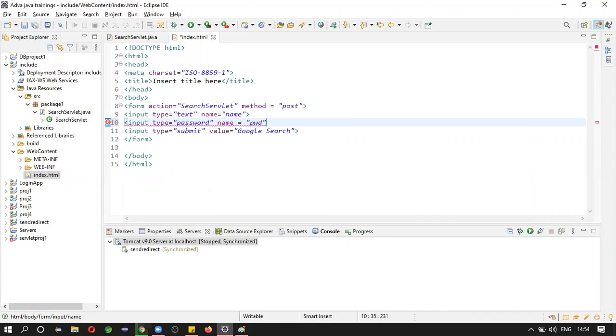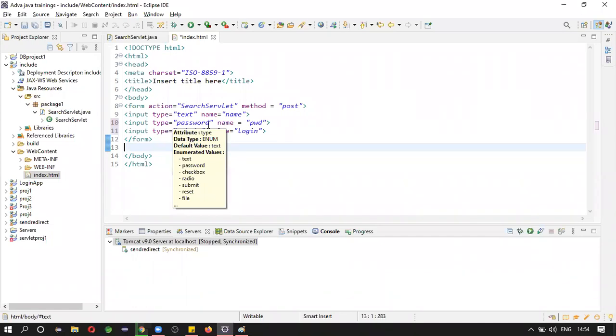Name equals to... instead of Google search, let us change this. Right. So the form is ready.